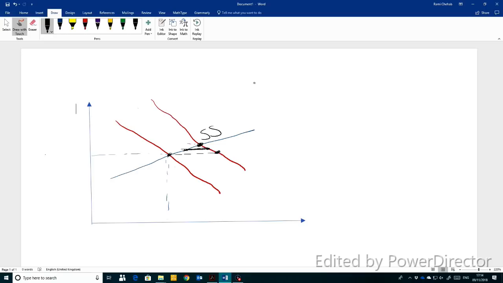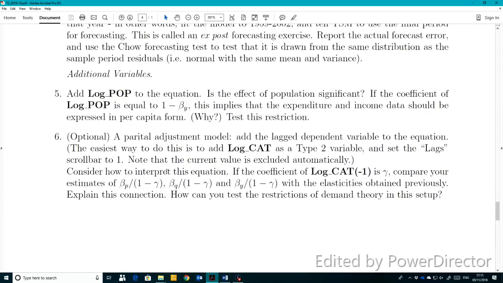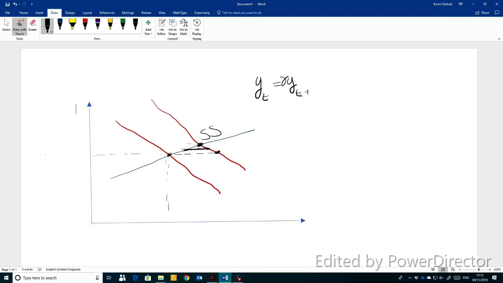So if me and you just think about it, let's say we have Y_t equal to gamma Y_(t-1). I'm just going to follow the notation of the book here. So they are asking you here, let's say log cat, which is log food in our case, is going to be Y_t, and we are adding Y_(t-1), and we are multiplying it by gamma. So if we added gamma Y_(t-1) plus,